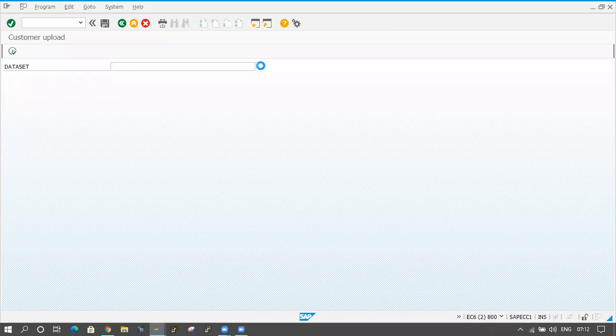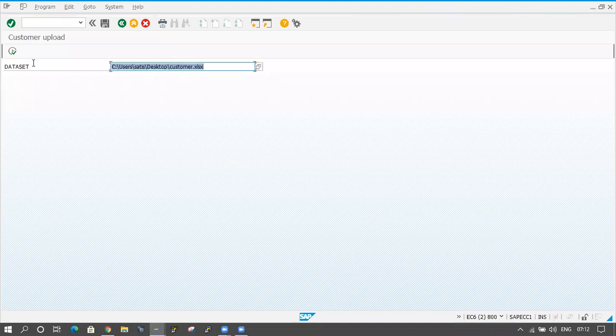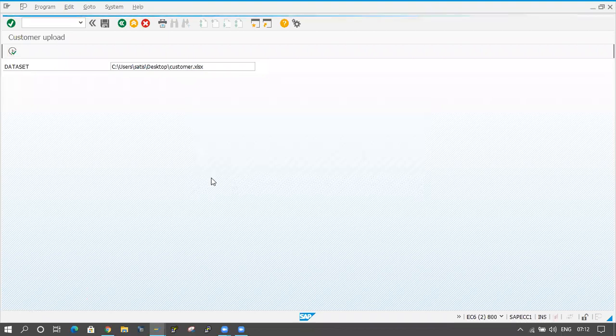Here I am selecting the file, click on F4 button. In the desktop, customize the Excel sheet. Double click on F8 button, click on allow.